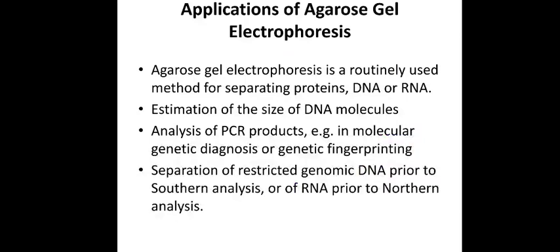So it helps in separation of restricted genomic DNA before Southern analysis, or even RNA before Northern analysis. So you first run it, then from there you blot it to a sheet, then it can be further analyzed. This is one of the steps in DNA fingerprinting also, where you separate the fragments of DNA to get a pattern of DNA fragments, and then this will be compared with the